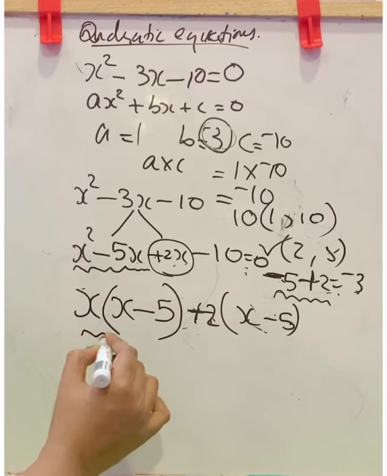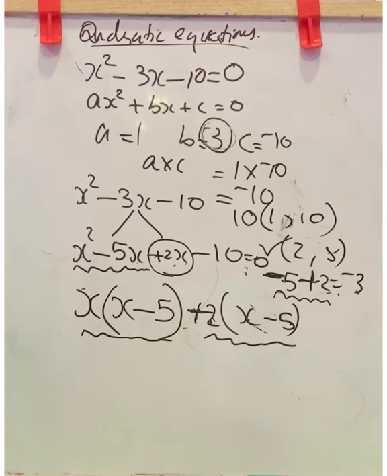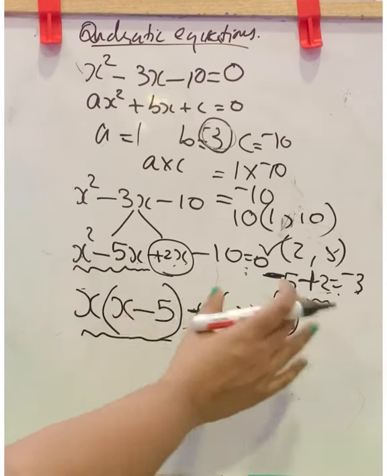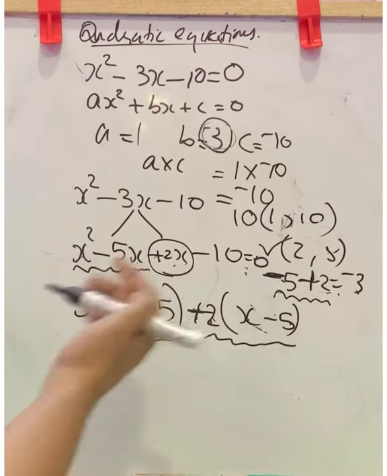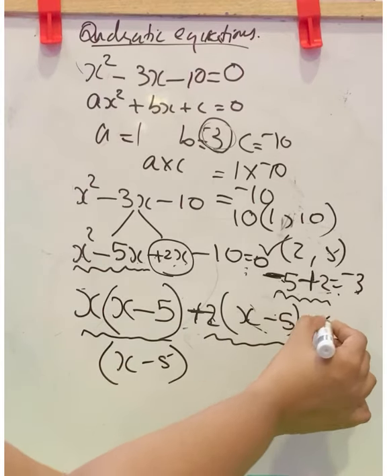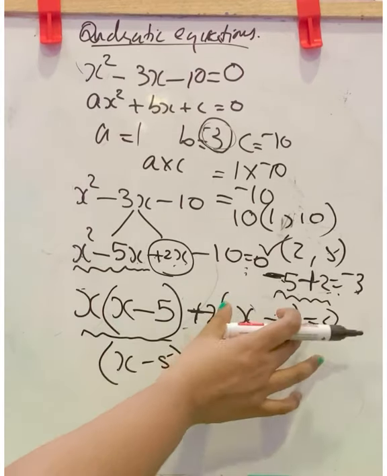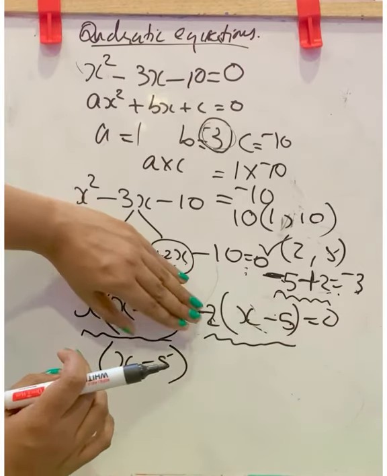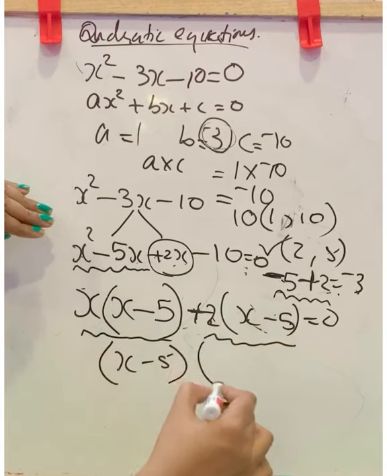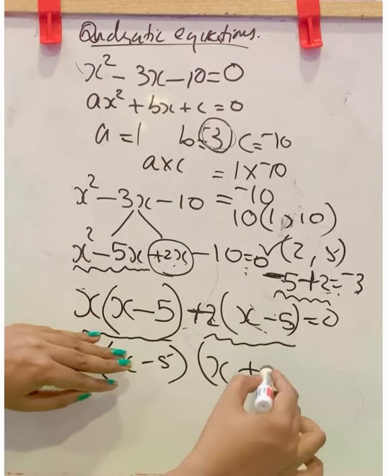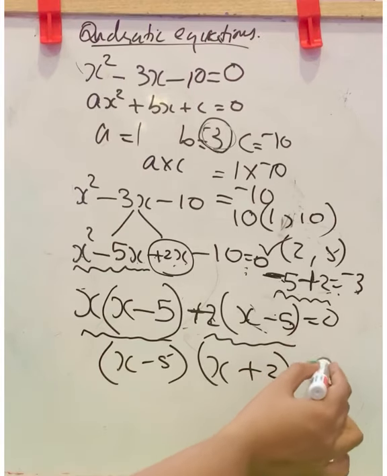Now check. Here we have two terms. And I told you before we need this as the common factor, that is, bracket as the common factor. Yes, bracket is a common factor. Take the common factor outside. Here it is equal to 0, don't forget. Now taking this bracket outside from these two terms, here after taking the bracket, x will be left. Here x minus 5 taken, left is plus 2 equal to 0.